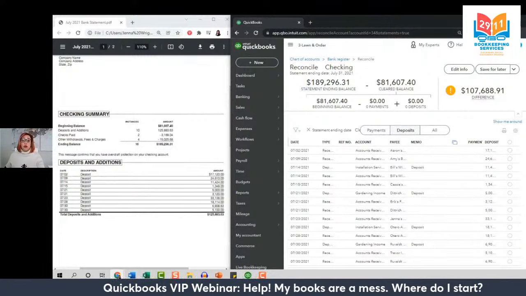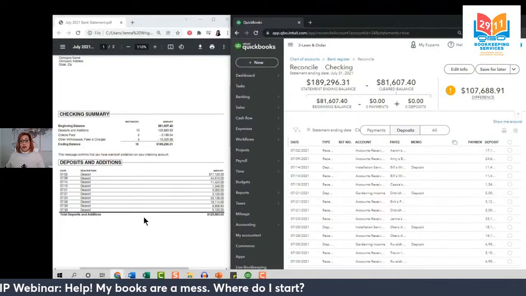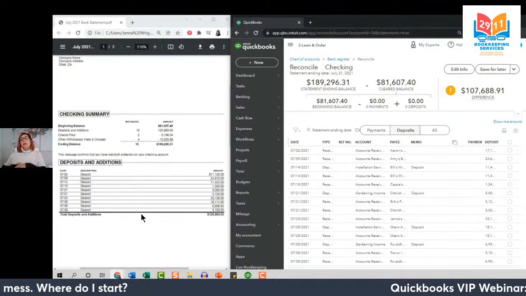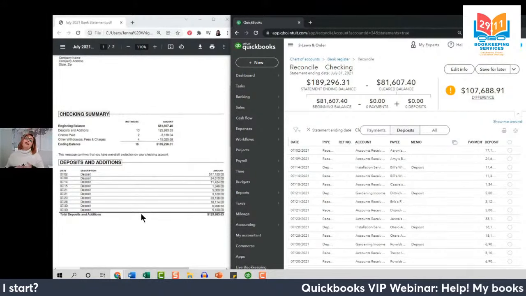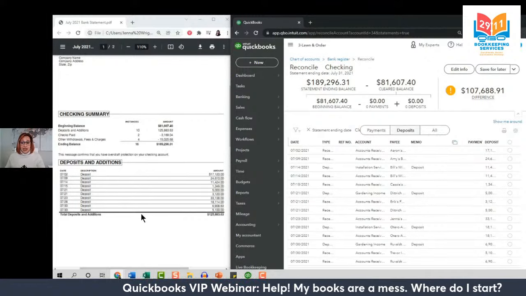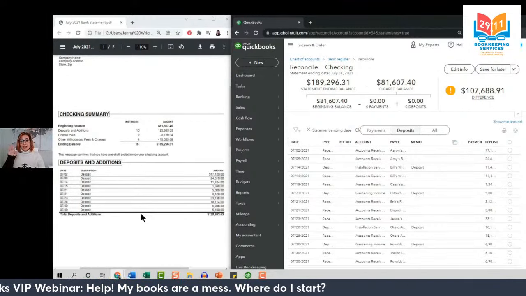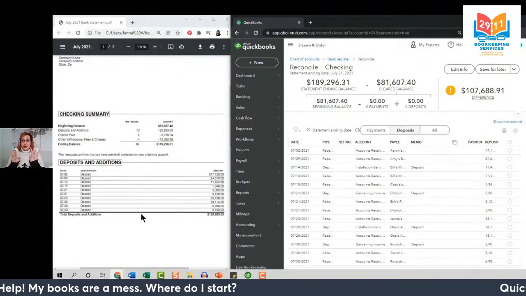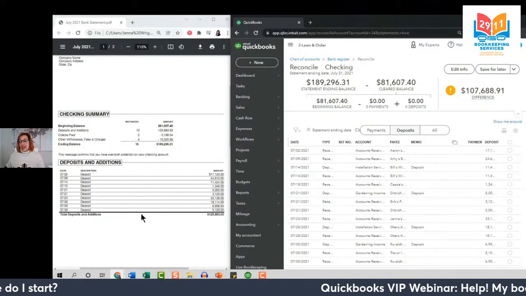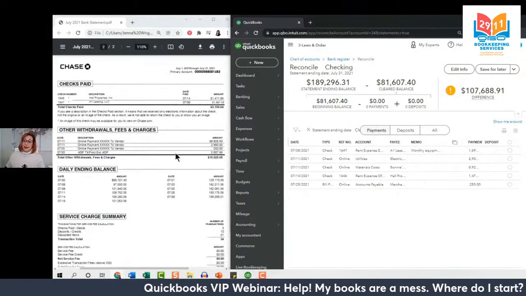And remember, we are going to deal with these transactions as we go. Now, I'm going to go through these transactions a little bit quickly for demonstration purposes, but you should go very slowly and thoroughly to make sure that you're catching all sources of potential mistakes at the time that you're reconciling. We're not just reconciling QuickBooks to the statement, but we're also reconciling the statement to QuickBooks. It goes both ways. I actually am going to change course a little bit and start with our payments because we have less of them.